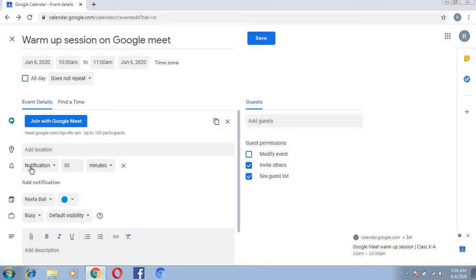Now the next option is notification. Notification means reminder, meaning you want the participants or the guests whom you invite to a meeting to get a reminder prior to your meeting. For example, if you want the reminder to be 10 minutes prior to your meeting, then you select this likewise. For example, 10 minutes before